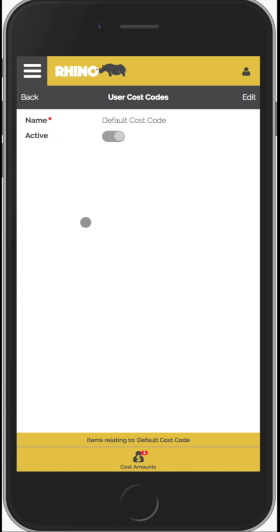When this particular user goes to log time, Rhino will automatically use the one time type that's associated with this cost code, because there's no need to provide the user with the need to make a selection when they enter the time. This keeps the system really simple. So we've retained all the complexity, but we've made it really simple for the end user when they enter in